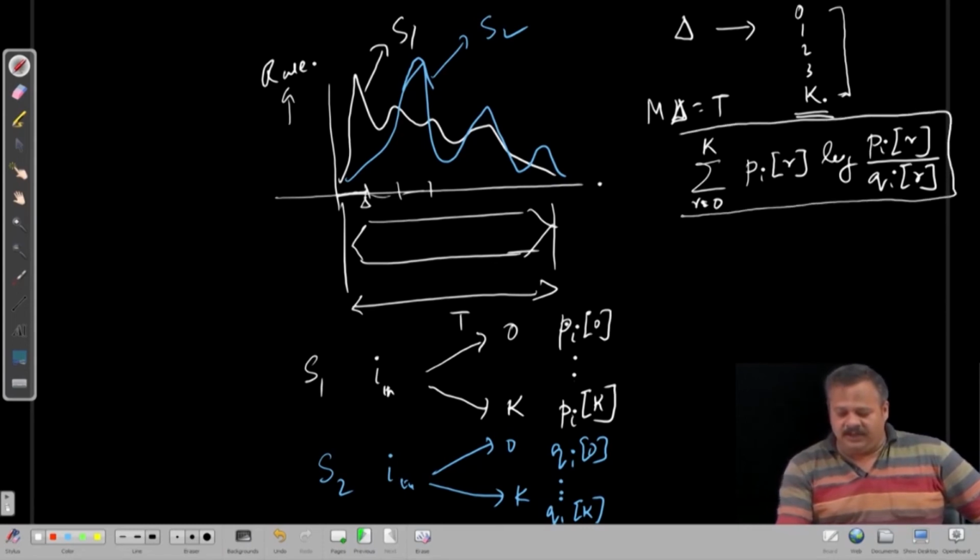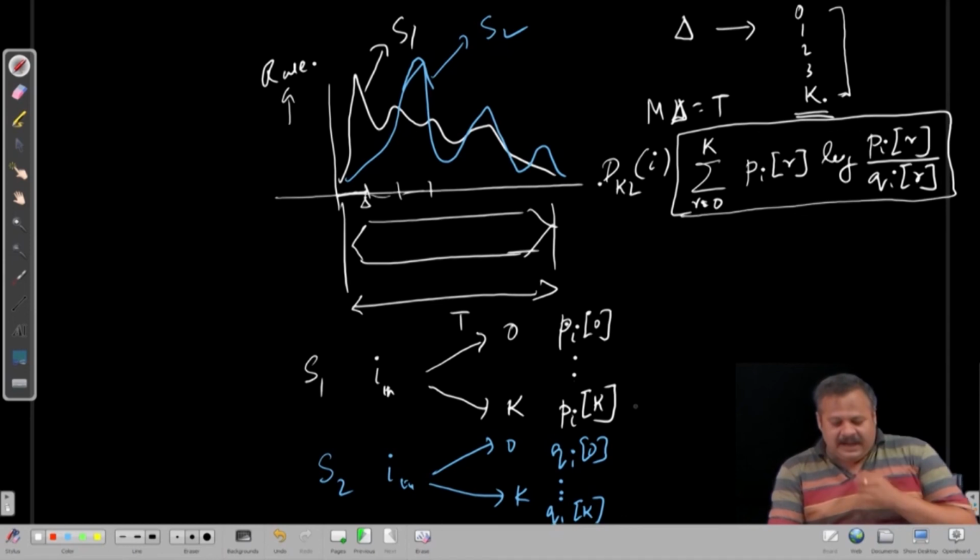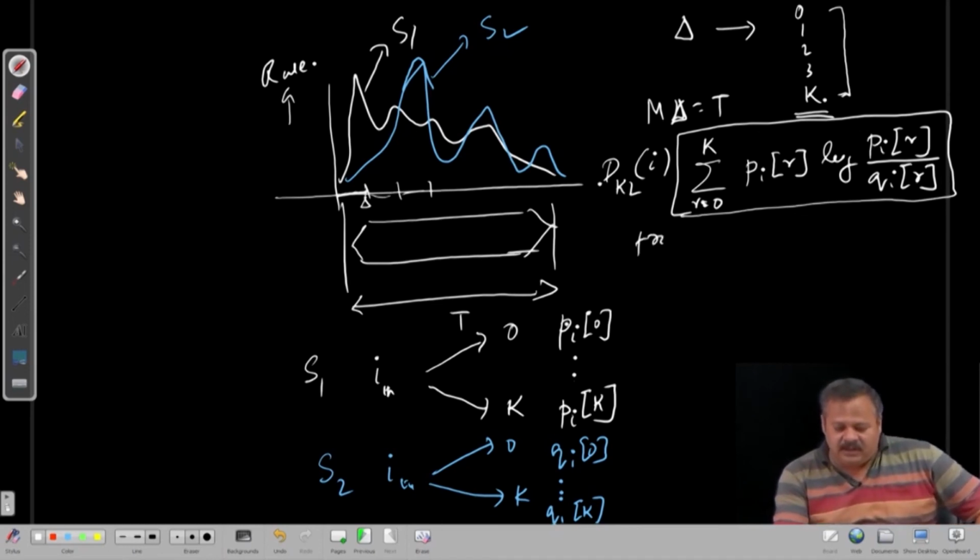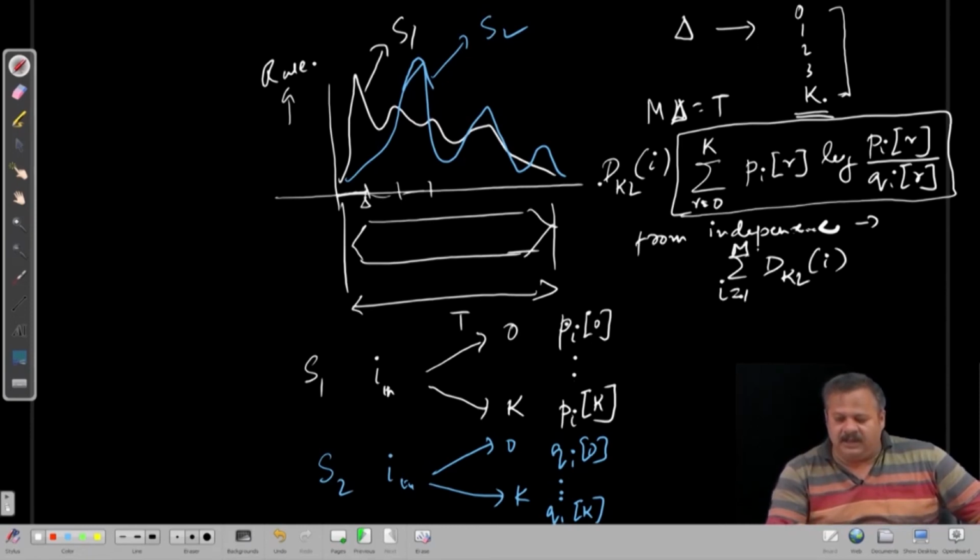This is going to be the KL distance in the ith bin, dKL for the ith bin. And from independence over time, we will then again sum dKL of i going from 1 to capital M,